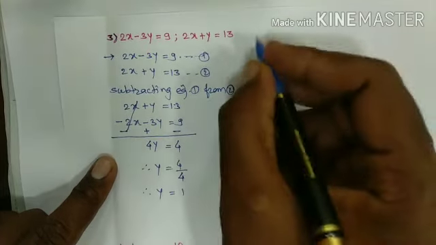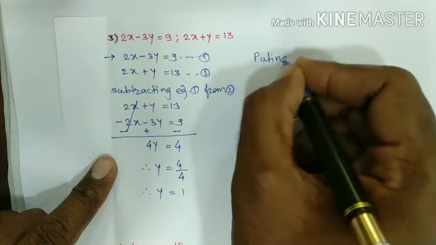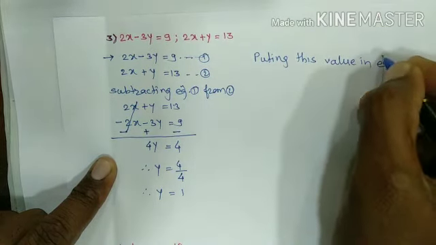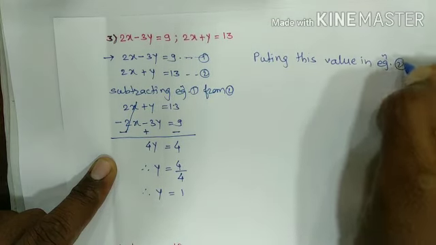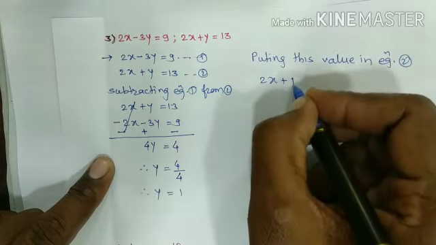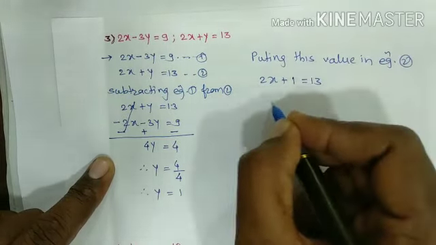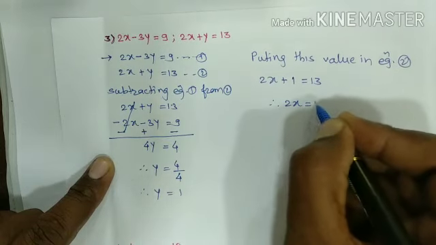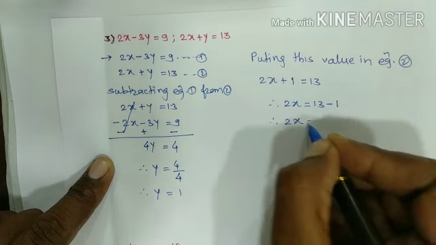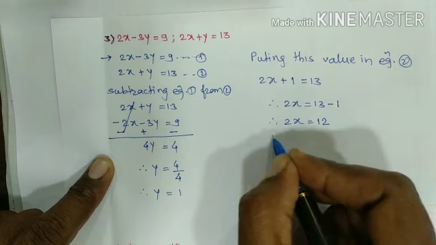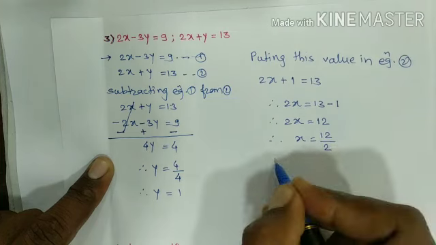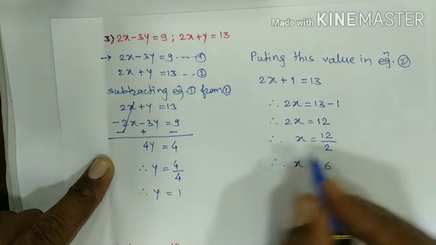Now putting this value in any one of the equations, equation second, that is 2x plus y, here y equals to 1, therefore 2x plus 1 equals to 13, and therefore 2x equals to 13 plus 1 आहे, साईड चेंज केल्यावर मायनस 1 होईल, therefore 2x equals to 13 minus 1, 12, and therefore x equals to 12. 2 into x आहे, हे डिवाइड बाय होईल, therefore x equals to 6,